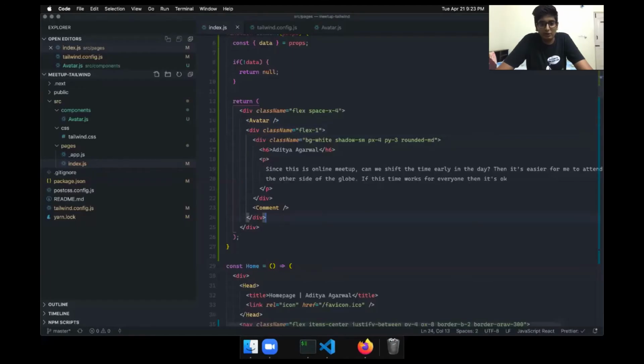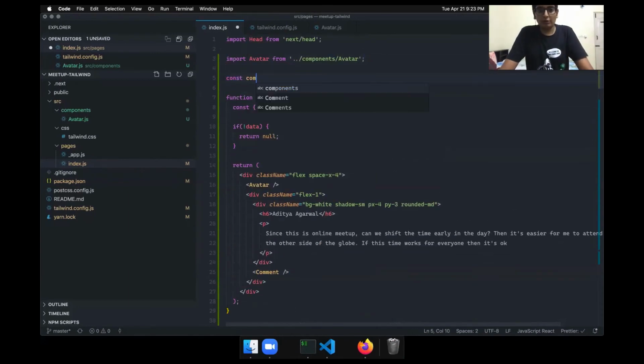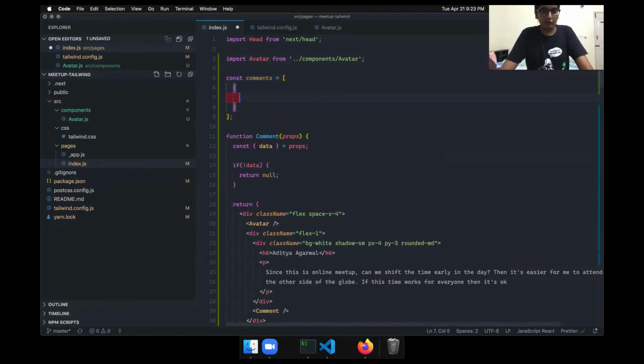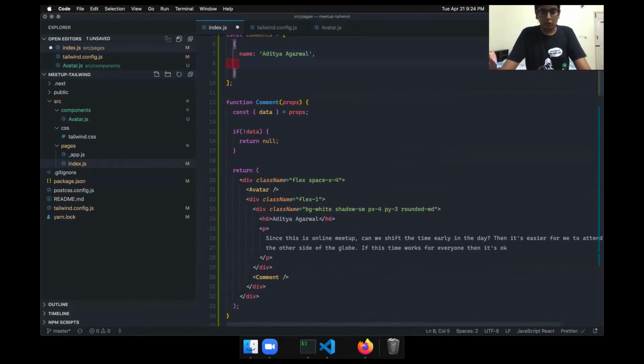Let's do this: let's make a list of comments. So const comments, and it will have an array of items. Let's not do the image thing, let's just do the content. So name: Aditya Agarwal, and comment is this thing.